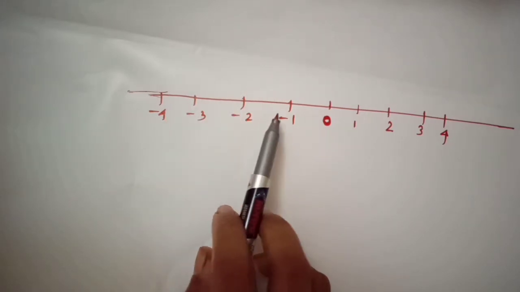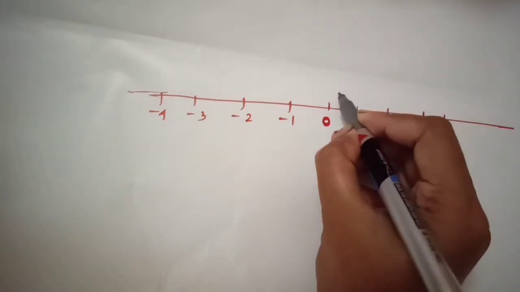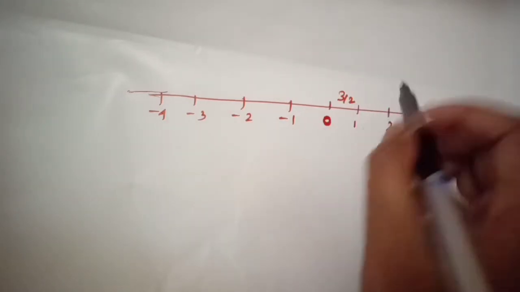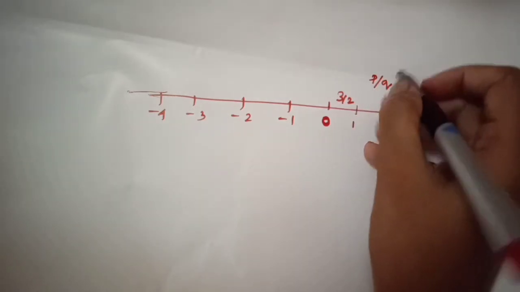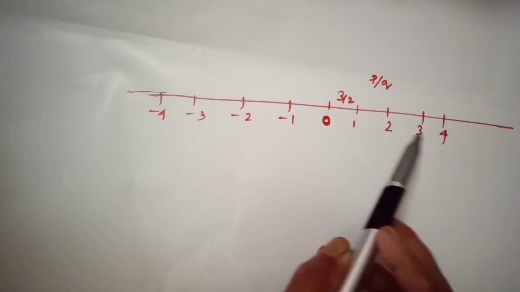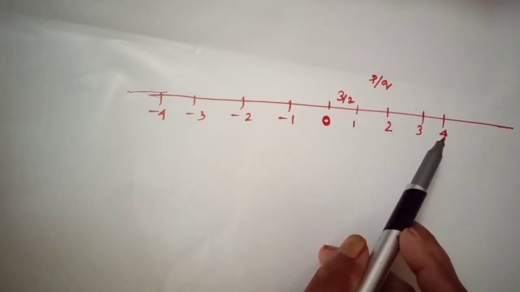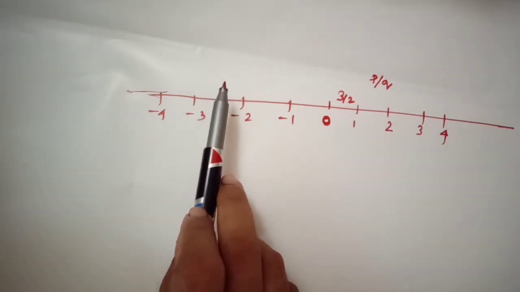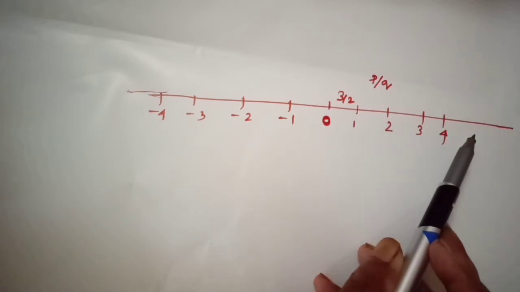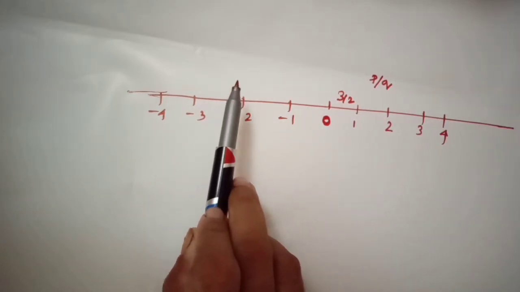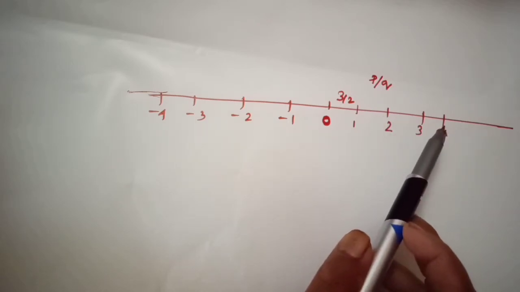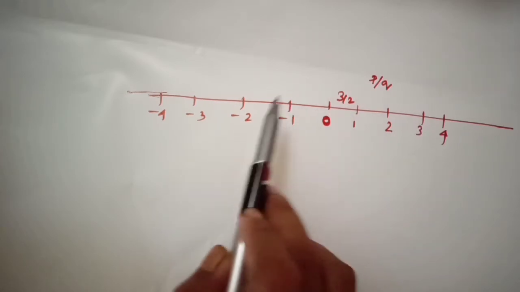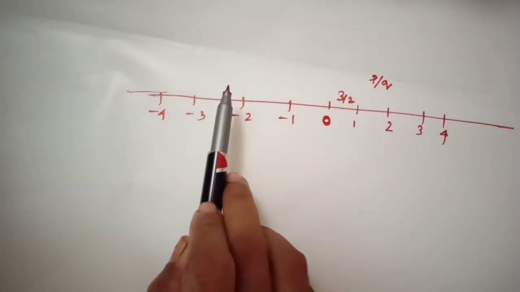Similarly, mathematicians were able to assign the point 3 over 2. That way, every fraction P over Q can be put on the horizontal line. Then the geometric object represented on the horizontal line is the rational number. But this is not true. Not only rational numbers; there is another number.